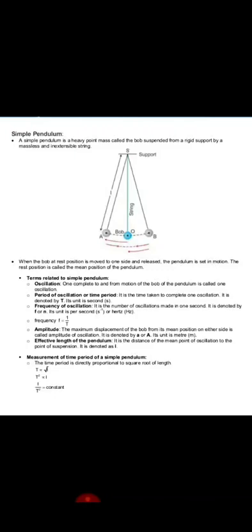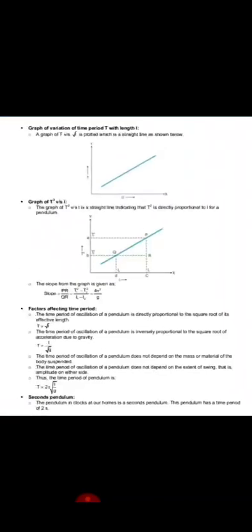There is a rule in physics as well as in maths. Whenever you replace proportionality sign with equal to sign, you have to put a constant. So right now what did we study? Time period depends on one factor, that is length, root of length. It is directly proportional. We'll see the other factors now.